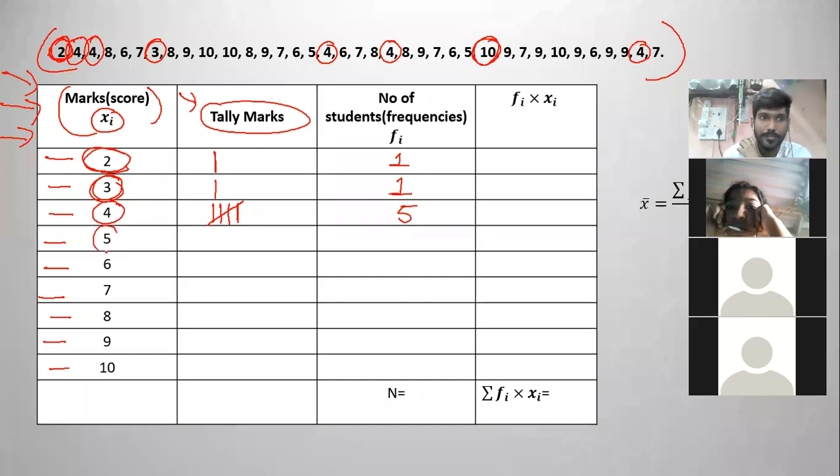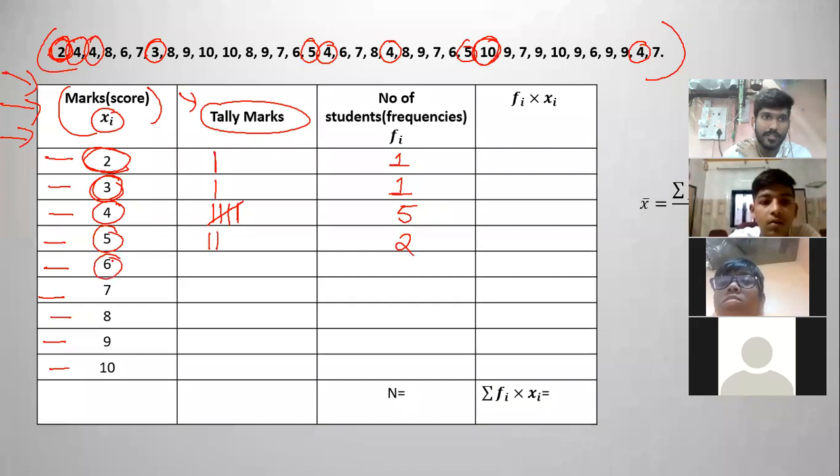Now see the next value, it is 5. Now you tell me for 5. So here there is a 5. So one line. Here also 5. So again one line here. Are there more 5s? That's it. No. Only 2. So here 2. Now you see the next, 6. Now tell me for 6. 1, 2, 3. So here 6.